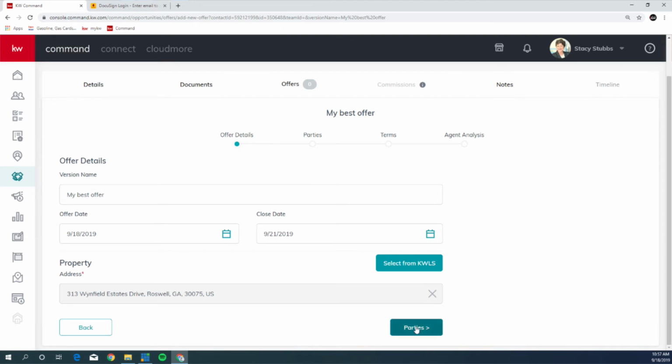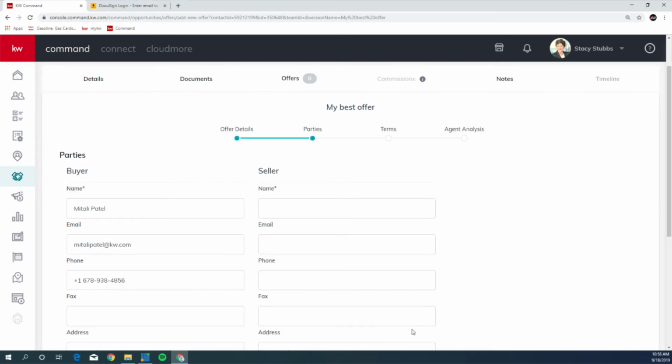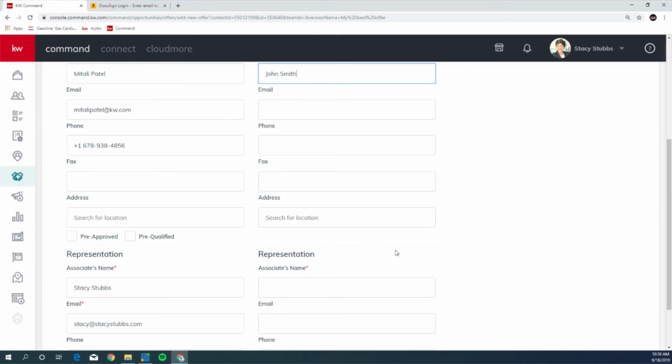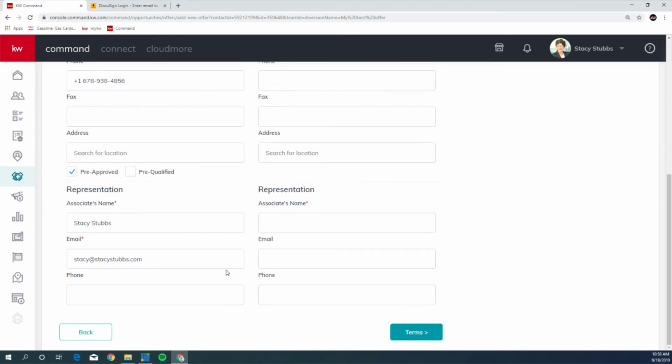And I want you to notice, to me, it's very similar to the green sheet. You start off with the same factoids they want to know. Who's the buyer, who's the seller? We already know who the buyer is, it's Natali. And remember, anything that has the red asterisk, you gotta do. And if you don't, you can skip it. Now this is, all right, of course she's pre-approved. When I show you the listing,